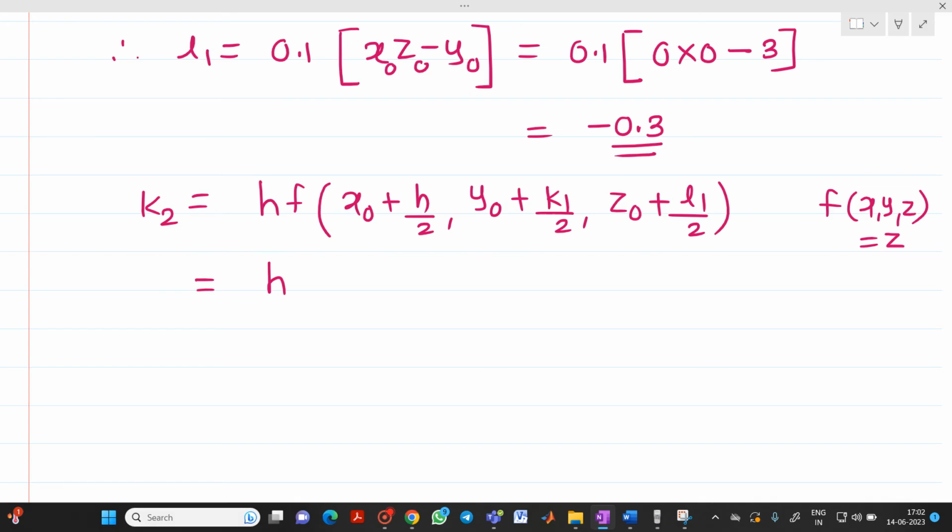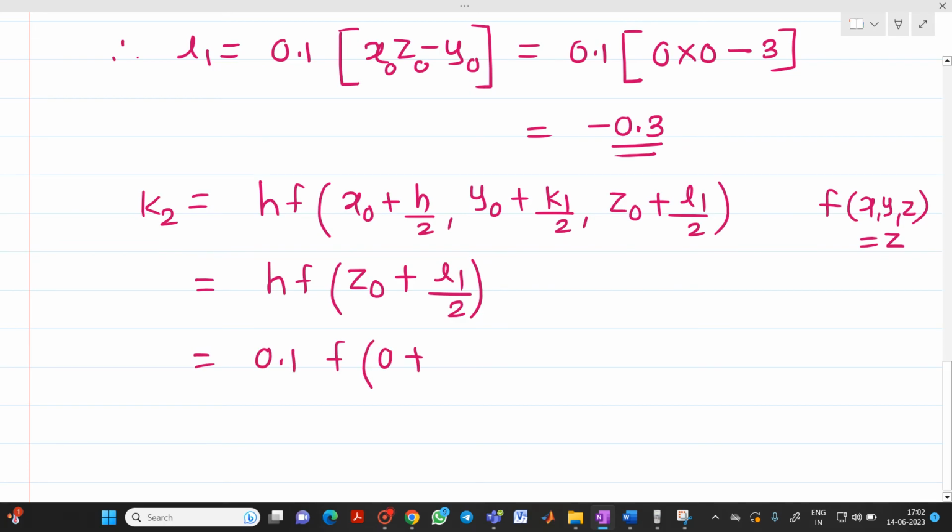So I am writing it like this, h into f of z0 plus L1 by 2, because here there is no question of y and x. So h is 0.1, z0 is 0, L1 was minus 0.3, so minus 0.3 divided by 2, which will be equal to 0.1 into f of 0 comma 0 comma